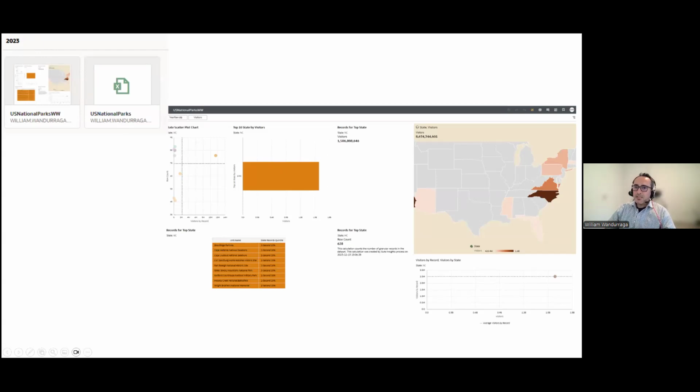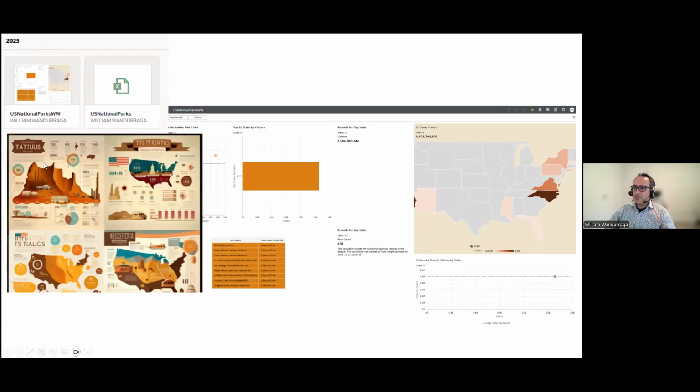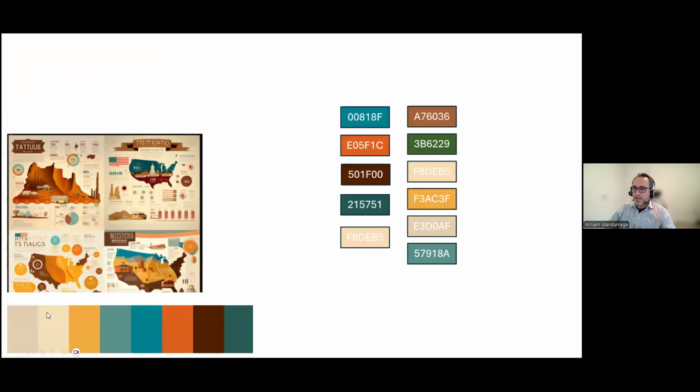And recently, with the summer and traveling season again, I got inspired again. So I revisited my Midjourney visualization. And then I said, okay, let's go ahead and get serious now. Let's get some hex colors. This is really taking it seriously this time. And little by little, I started building each of my visualizations that I'm going to walk you through here in a second.